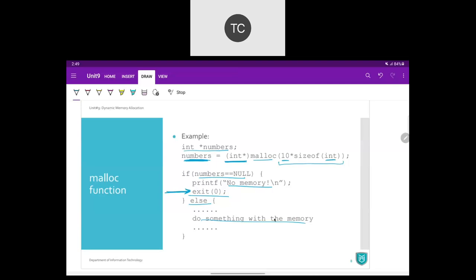So this is how we allocate memory at runtime. And this is the basic code of requesting a memory block using the malloc function.